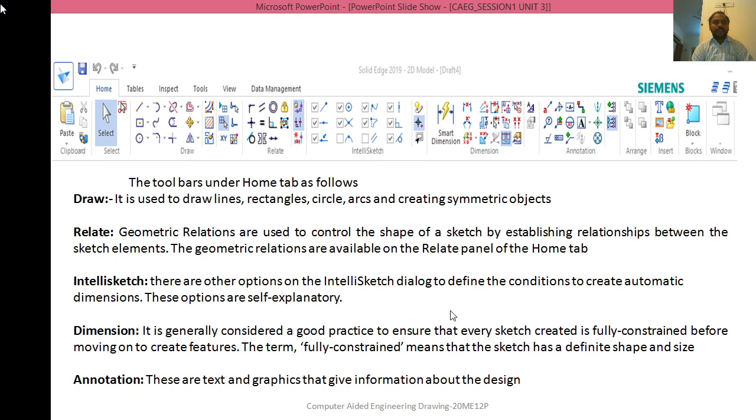Before moving on to create features, the term fully constrained means the sketch has a definite shape as well as form along with size. Then annotation is used to insert text and graphics that give information about the design. So these are all the different tools which are available in the home toolbar.